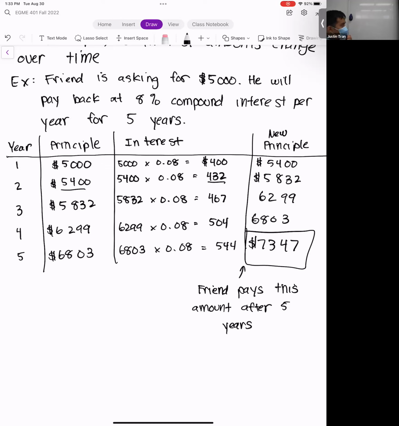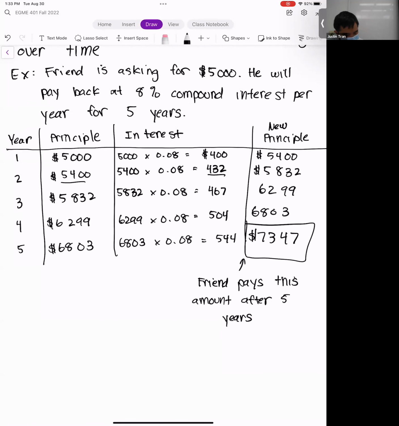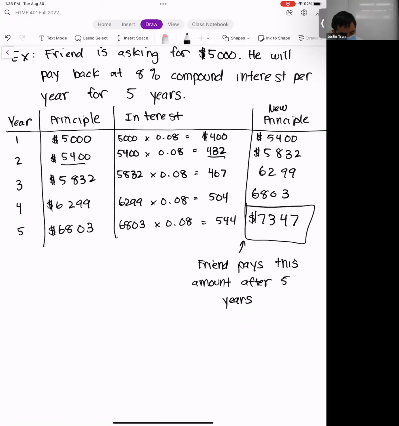All right, so let's get a formula for compound interest. You can certainly make a table like this for any of these problems, but you can see it can get a bit tedious. The lucky thing is that we can sum it up in a very simple formula. Not quite as simple as simple interest, but still quite simple. This formula actually has quite a few names, but for now we'll call it the compound interest formula.